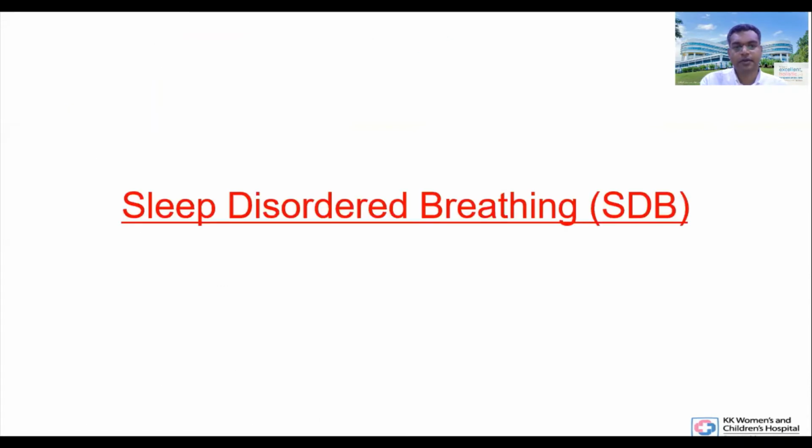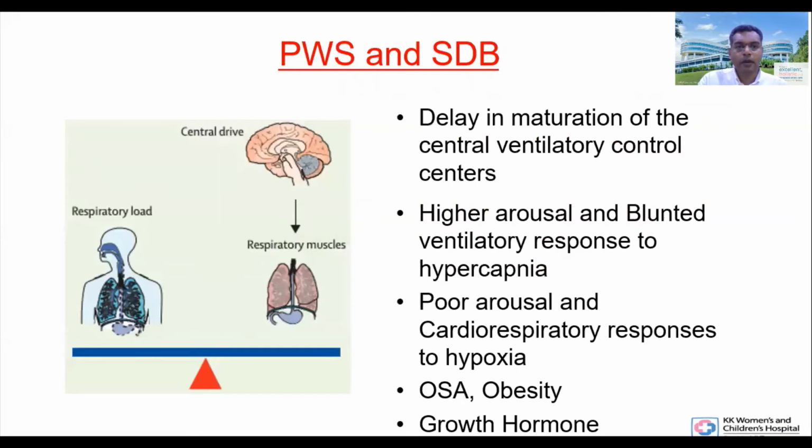Next, coming to sleep disordered breathing in Prader-Willi syndrome. There is normally an equilibrium between the respiratory load and central drive. The brain sends effective signals to the respiratory muscles, and the respiratory muscles are working well, and the respiratory load is constant, then there is a balance. If there are any changes to the drive where it is less, muscles are weak, or the load is high, then it causes a disequilibrium. In Prader-Willi, they have a delay in maturation of the central ventilatory control centers,